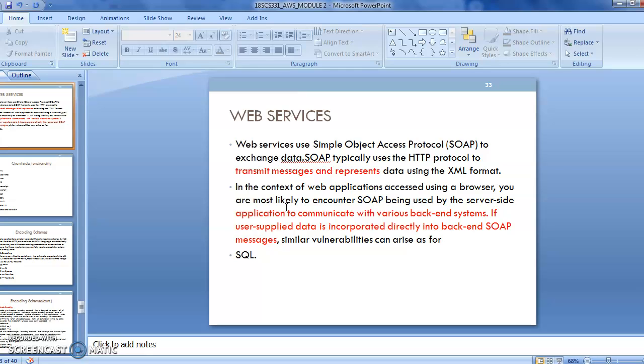So SOAP is mainly used for accessing the data from the backend system, or you can say from the database, we fetch the data by using this SOAP application. Okay, similar to SQL, here also while retrieving the data, by using new credentials, someone else can get it.